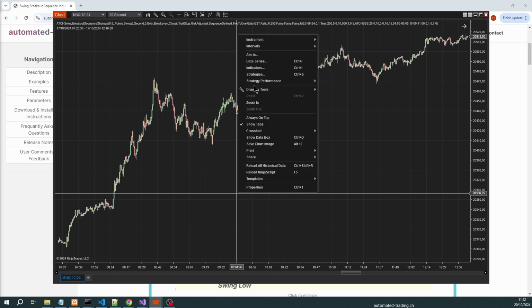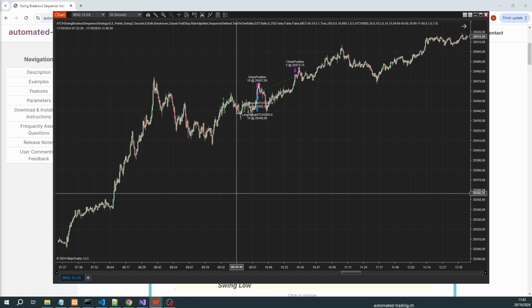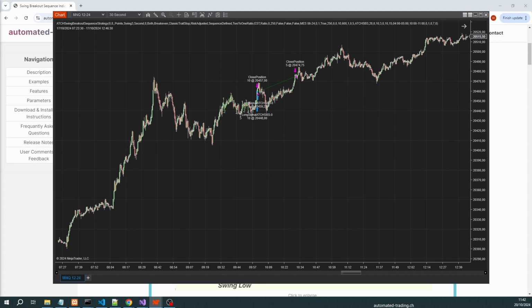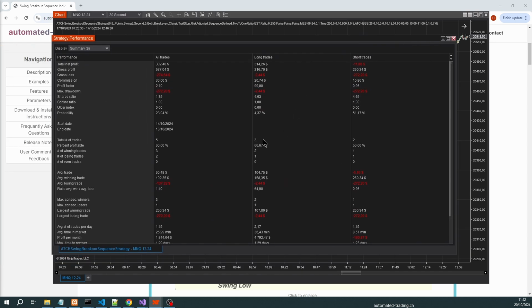And so if you go to strategy performance and click historical, you can see the theoretical performance on this last week. So I'm not handpicking a period. I just executed it on the past week, and you can see that it had on MNQ on the